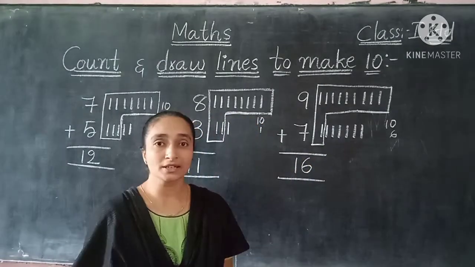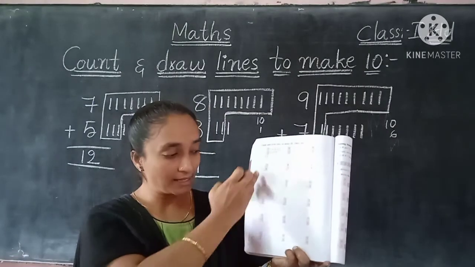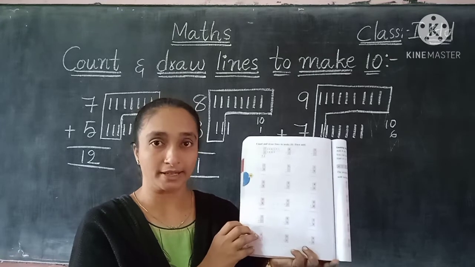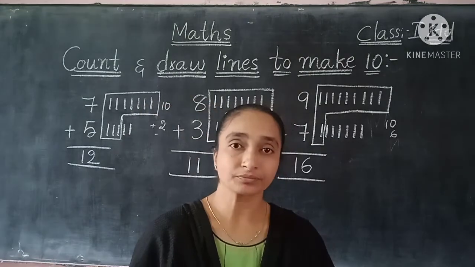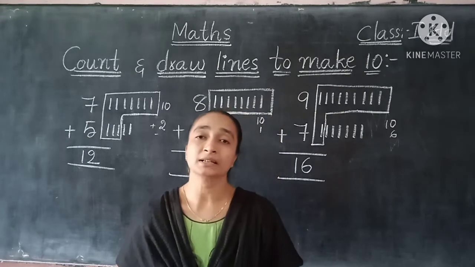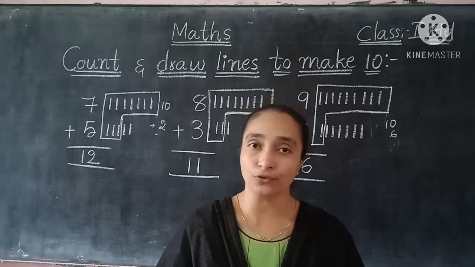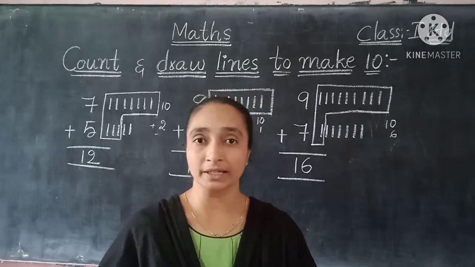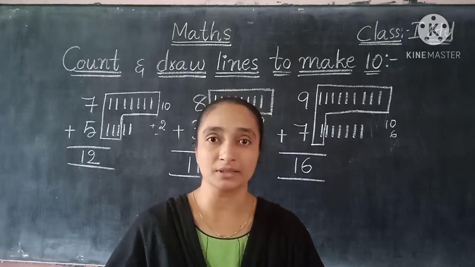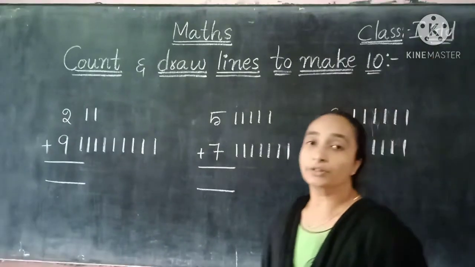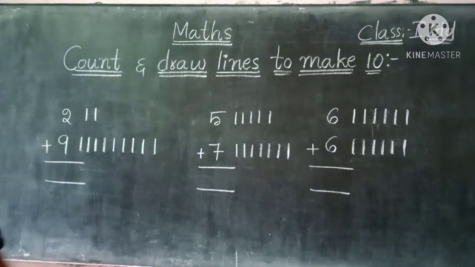So in this way, the remaining also you can do it, children. So here a big exercise, the full page you have in your textbook. Let us complete this. So children, let us see some more examples. So here we have so many problems. Let me explain you some more 3 or 4 examples. So then you have a clear idea and you can do it very fast. So hope you understood, children. Let us do some more examples. So here we have 3 more examples.